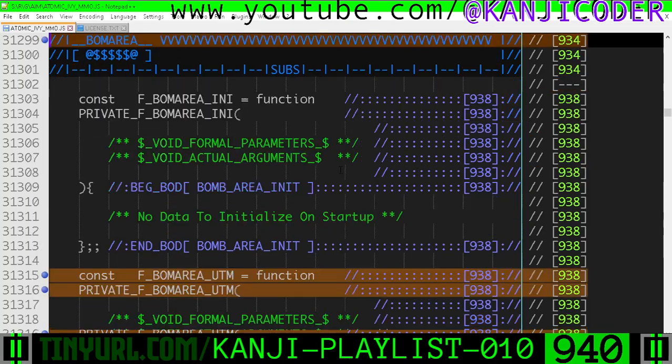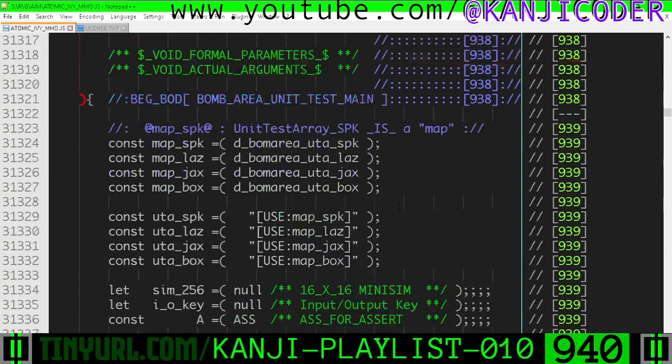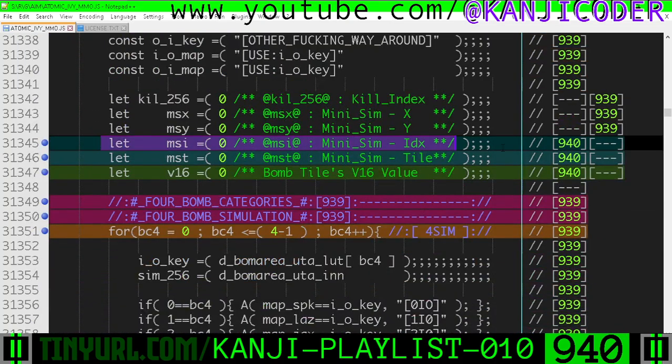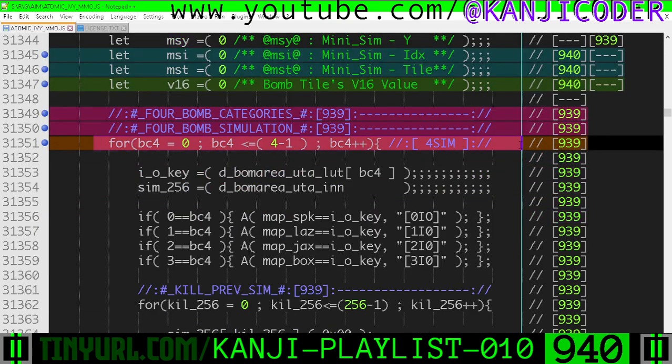In the bomb area function section, in bomb area unit test main, we've added a little bit more logic. We have the mini-sim index, mini-sim tile, and the v16 bomb tile value. So the index of our tile, the one-dimensional representation of this, and then the actual tile value at this address. Okay, we're gonna loop through every single simulation case that is paired with the bomb category, and